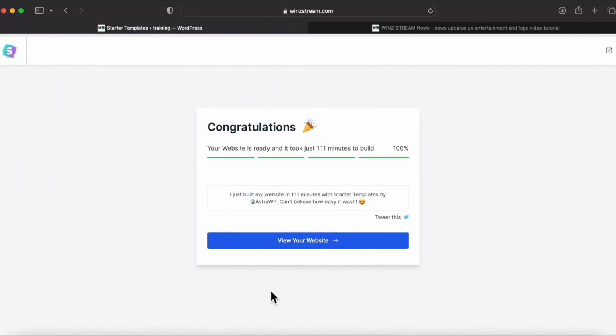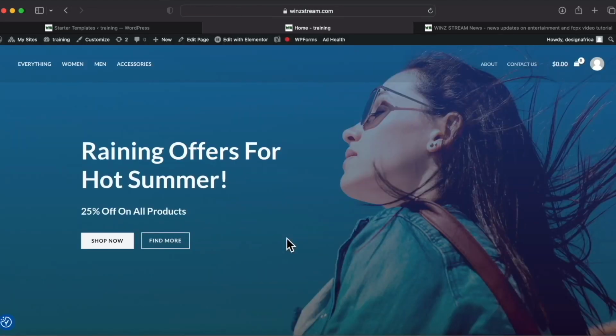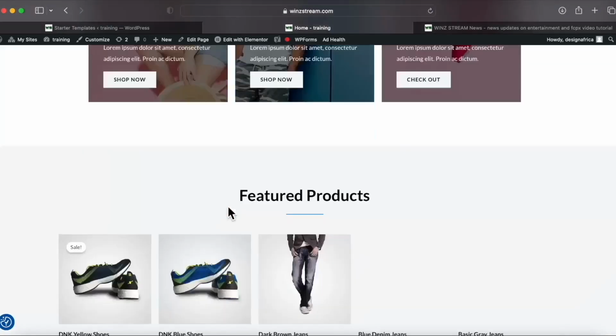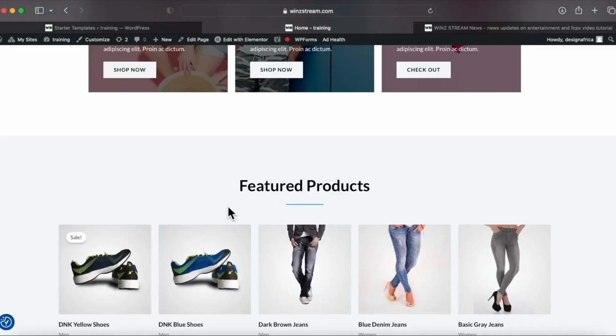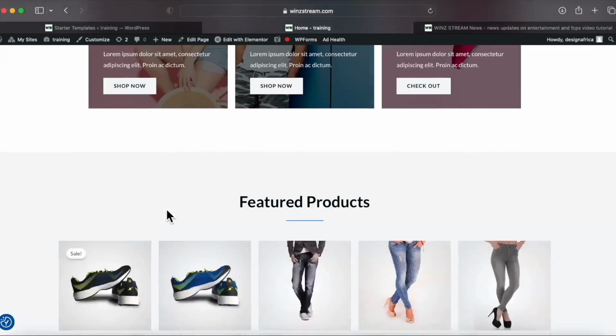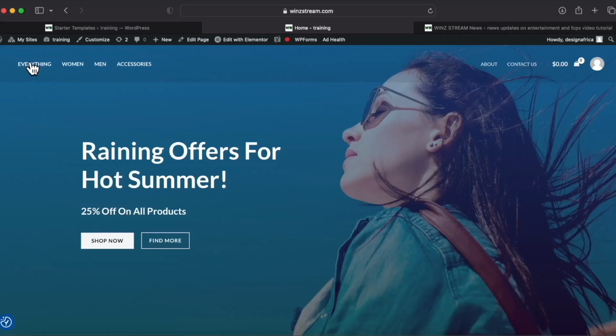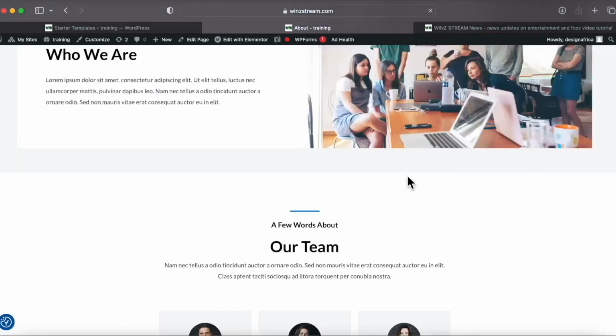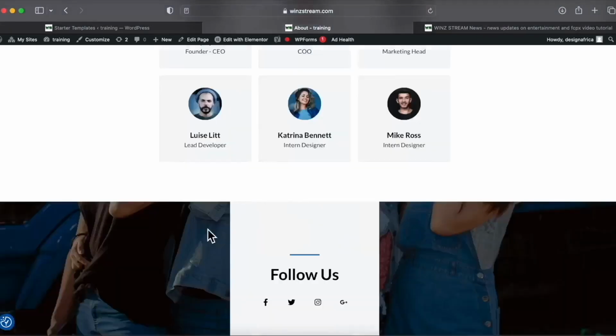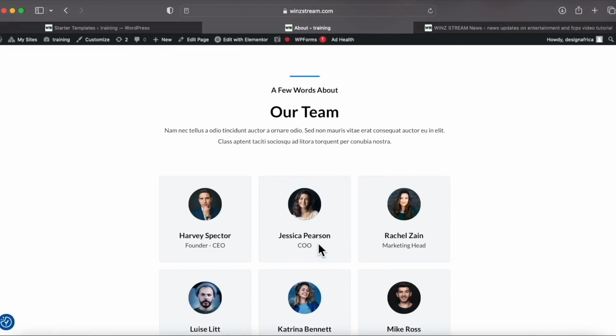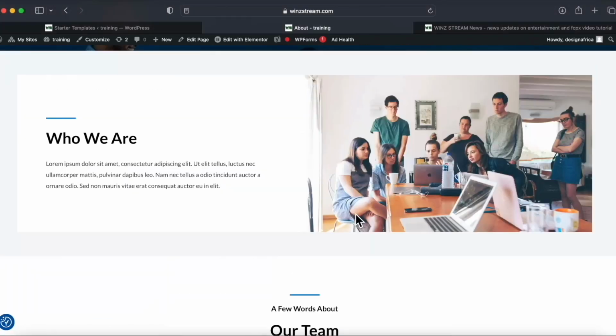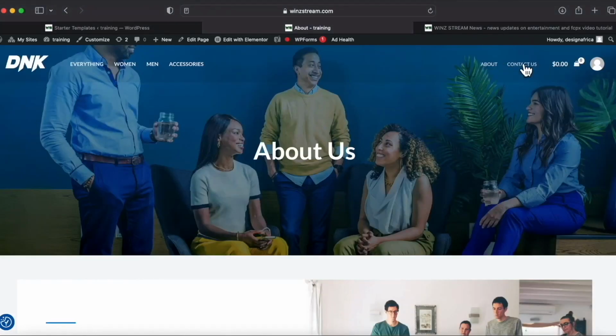So that's complete. So I'll view the site. Wow, voila, this is the site. You just built an e-commerce website. So next we have to edit the site and insert our own content on it. So you can see how beautiful the site is. All the buttons are working, but how can you put in your details? So to put your details,